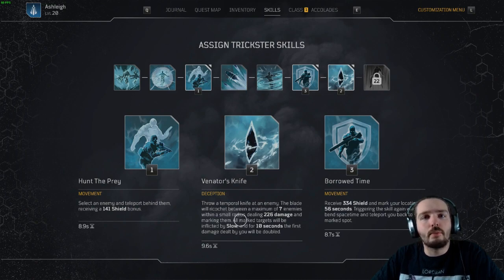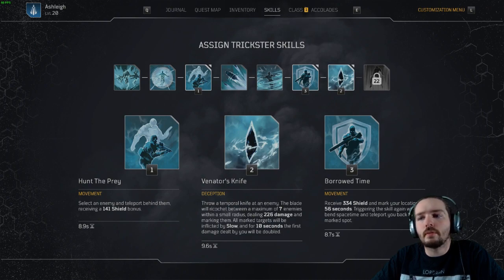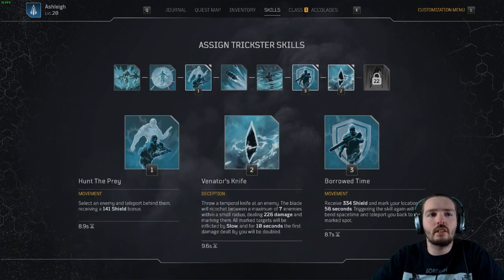You can mark multiple targets. I've got it set so a mod's installed so it can give us 7 targets. But essentially, the first bit of damage that you and your teammates apply to any targets marked by this knife is doubled, which is amazing. So let me get a little notepad out. So actually, got like